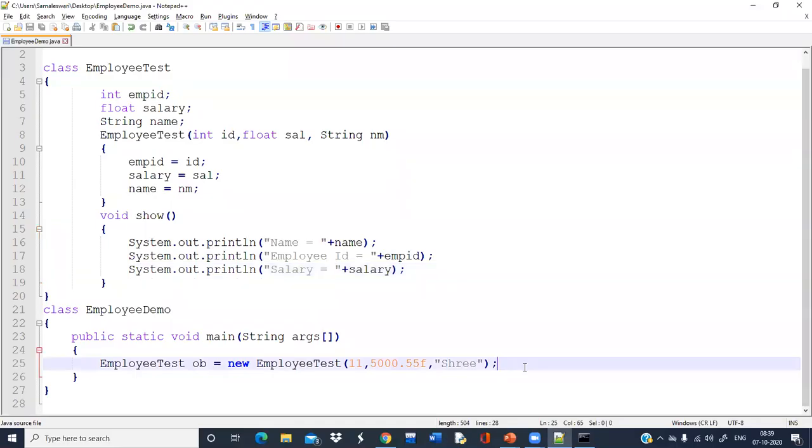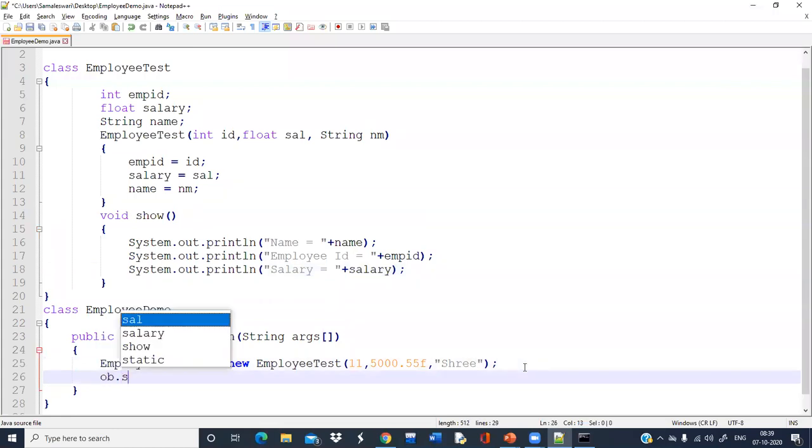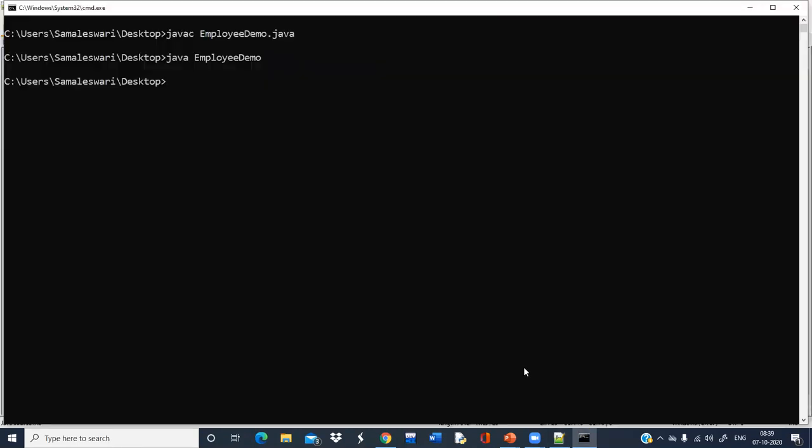We have not called the show method. Now you're getting all the values.